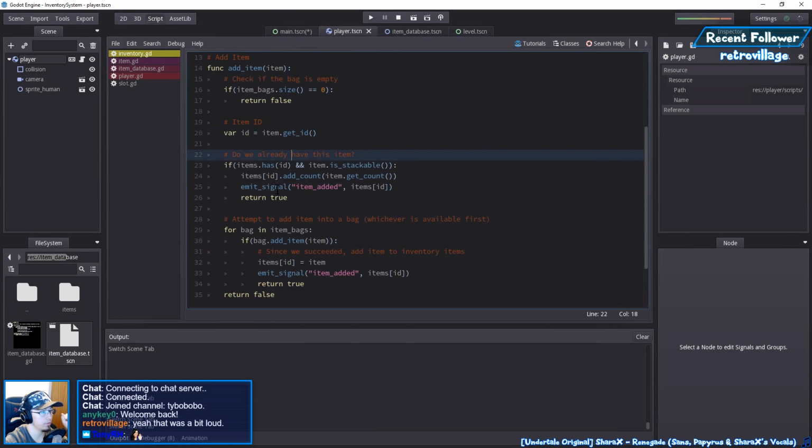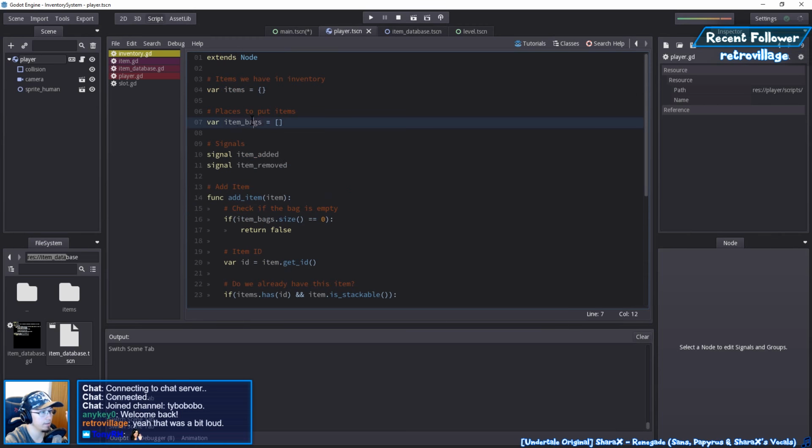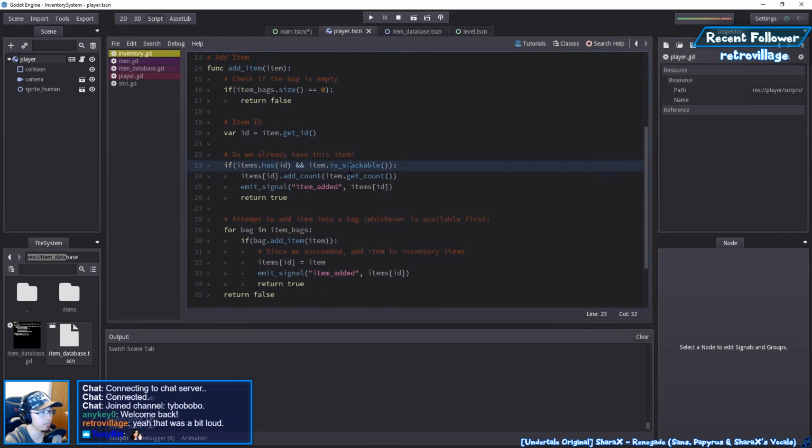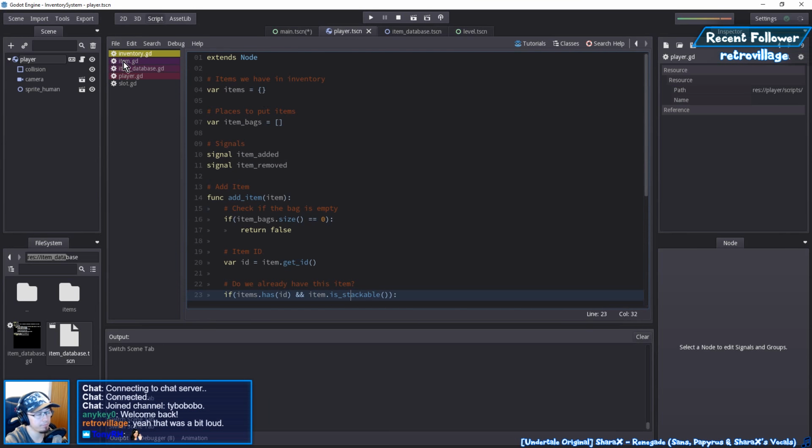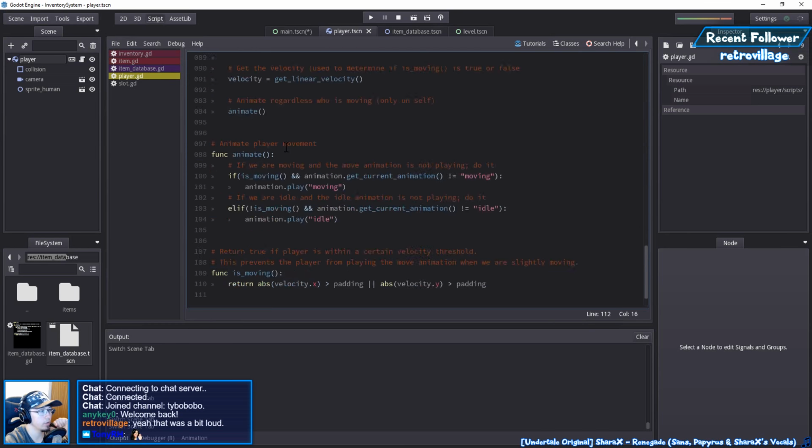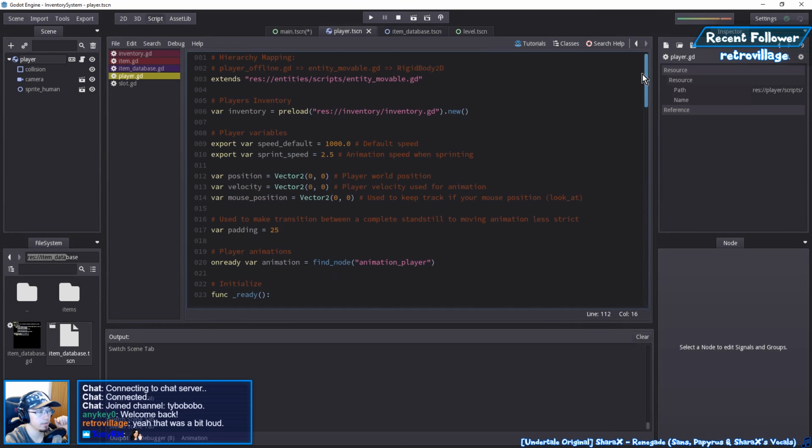This should work in theory, but now we need a bag. We are now at the part where we'll need a bag. We need to add an item bag. So the player inventory, I cannot export this anywhere, because this is not a node. This part is just a script. So if I go to the player here, it possibly may